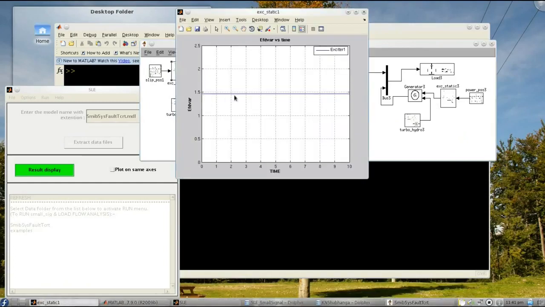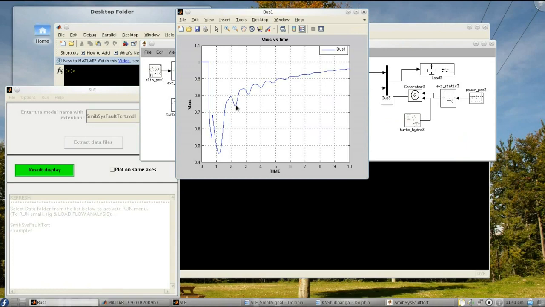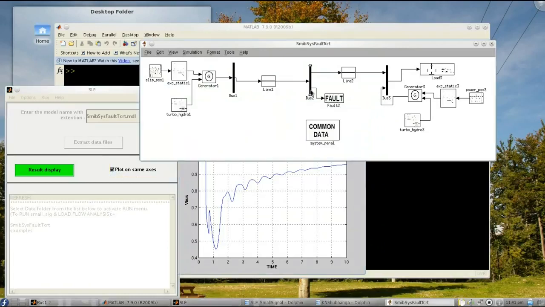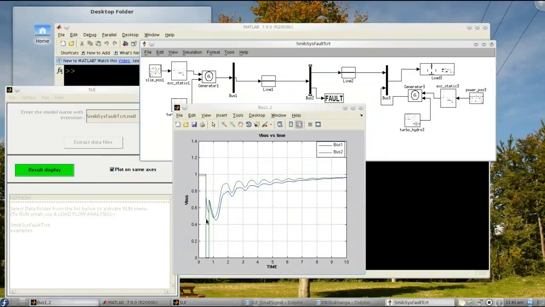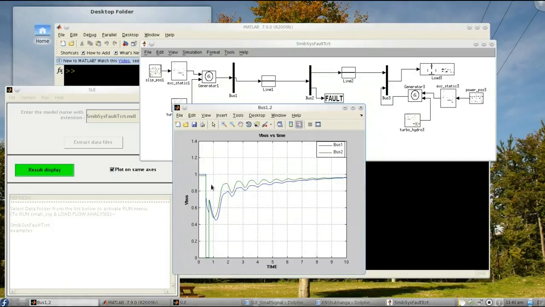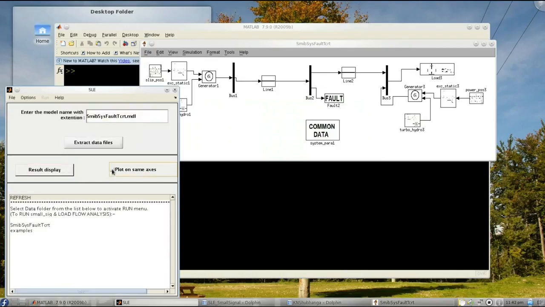And excitation is on manual mode, that is constant. And the bus voltage trajectory. So the system is stable for the given span of fault.